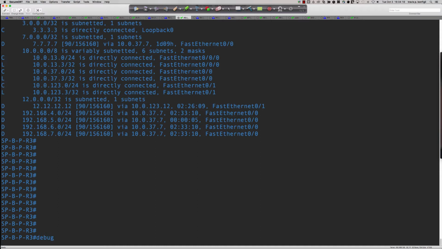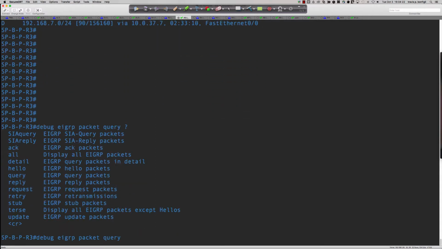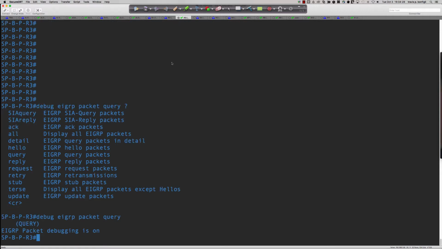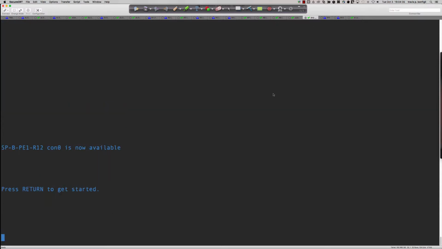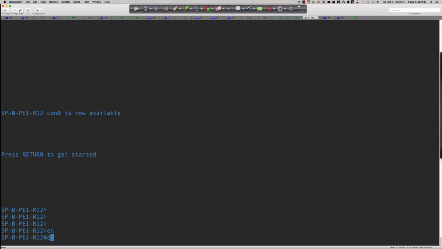Now, if I was to say debug EIGRP packets query, is there a detail I can put on here? Yeah, I could put some detail on here, but we'll stick with this right here. So debug EIGRP packets query, and I'm going to come to router 12. Remember, router 12 is on the other side of router 3, and it's actually labeled up there router 10, but it's definitely 12. And we're going to say debug EIGRP packets